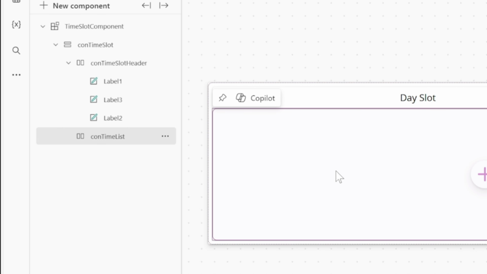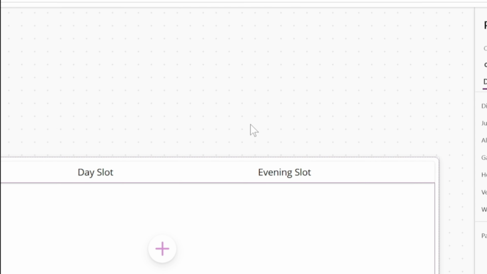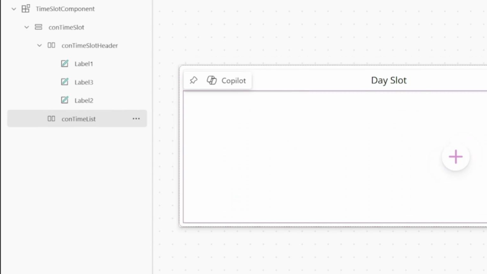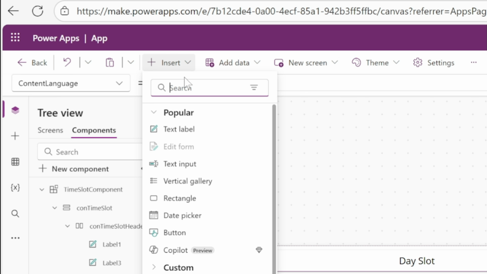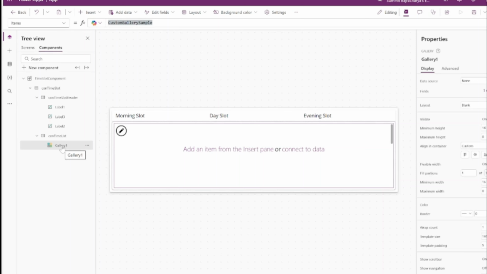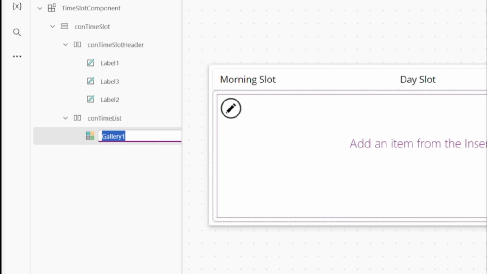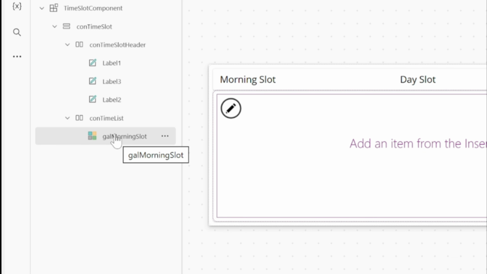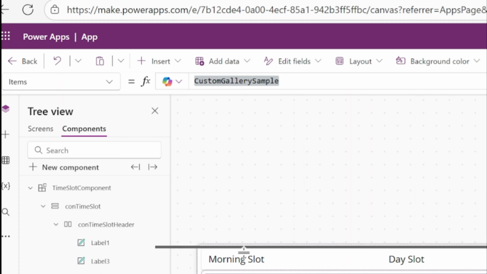Inside each gallery we will add a button and text, and we will set a variable to store the selected time. We'll also add conditional formatting so that the selected button changes color and the error highlighting works. Go to Insert, add a gallery. Now we will rename the morning slot gallery as gal morning slot, and then in its Items property we will